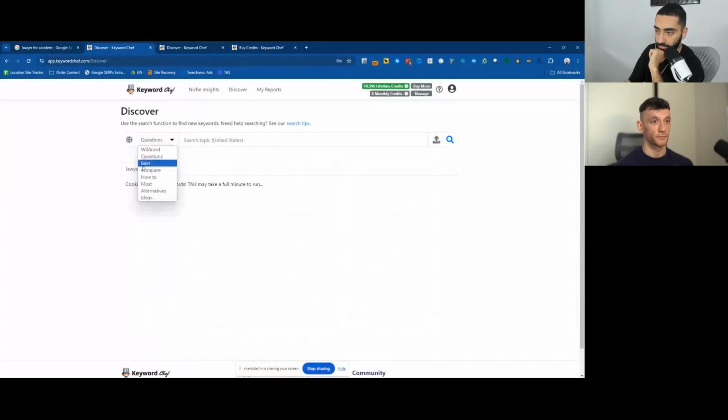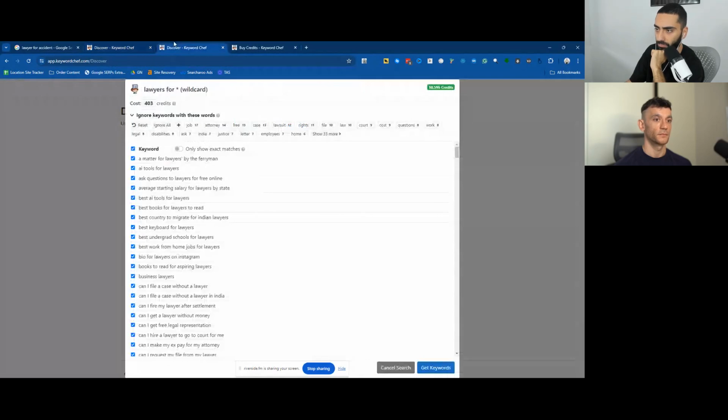But you've obviously got a different set of ways that you can do keyword research. You've got questions, you've got wildcard, you've got best, you've got comparison pages. You also do have how-tos as well, most, alternatives, and ideas. This is what the